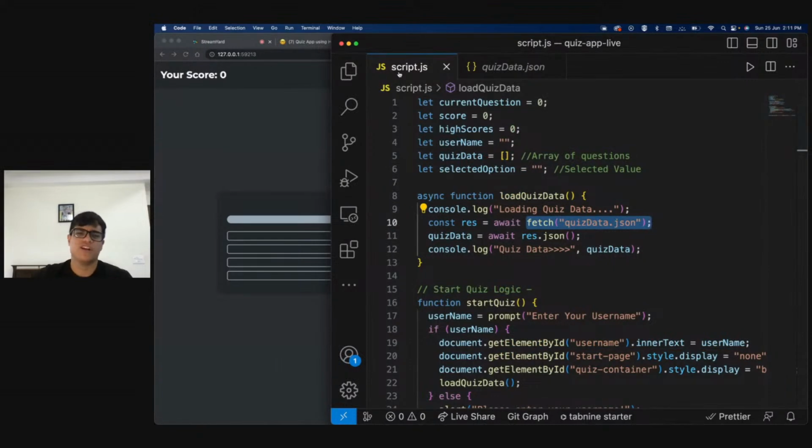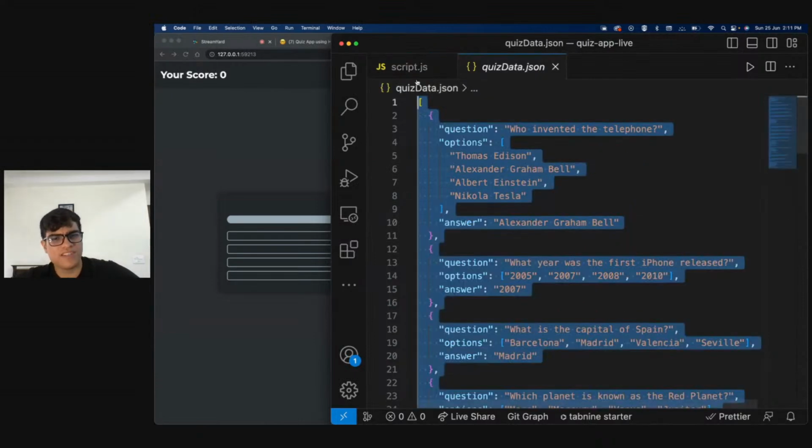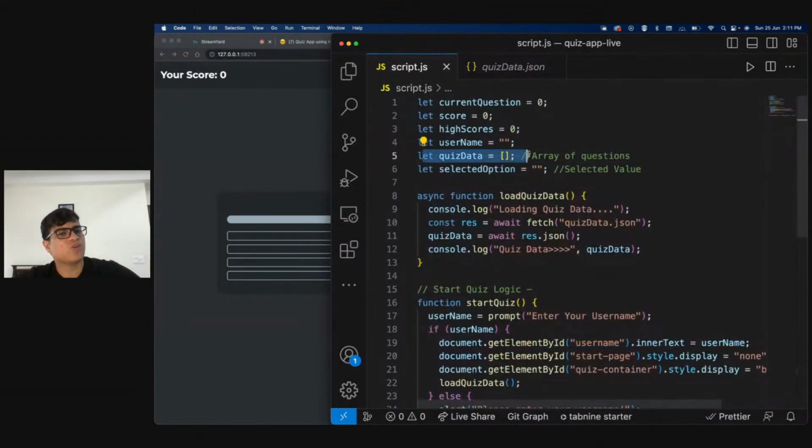Yeah, definitely, Komal. So you can just hard code your value, right? So Komal says, can't we just do it without using JSON? Definitely you can. Just copy this and paste it over here. Make your quiz data variable, that array, and you're good to go. All right? That makes sense?